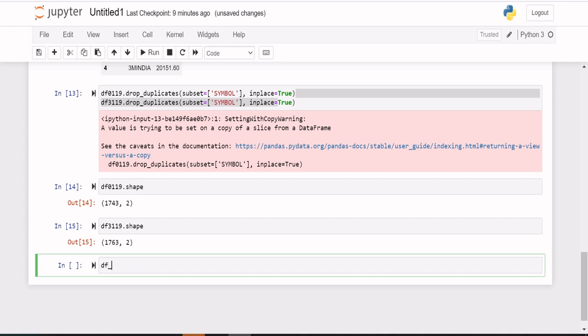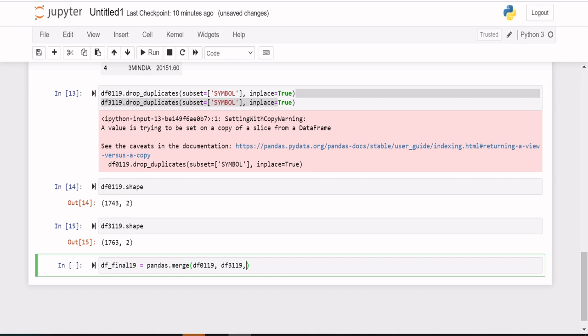So for that I will say df_final19 equal to pandas dot merge, df0119 comma df3119.